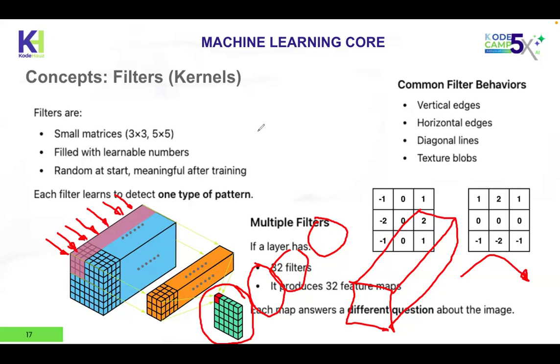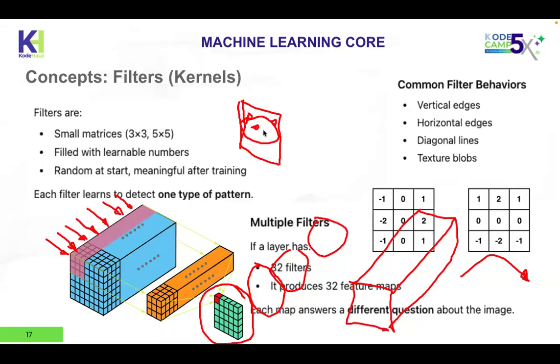So if we are to take a single image that is black and white, the black and white image doesn't have depth. So it only has the two-dimensional grid, which represents the actual image. So this will be the image. So let's assume this is an image of a cat. I'm going to sketch a cat here. I'm not really good at sketching, but